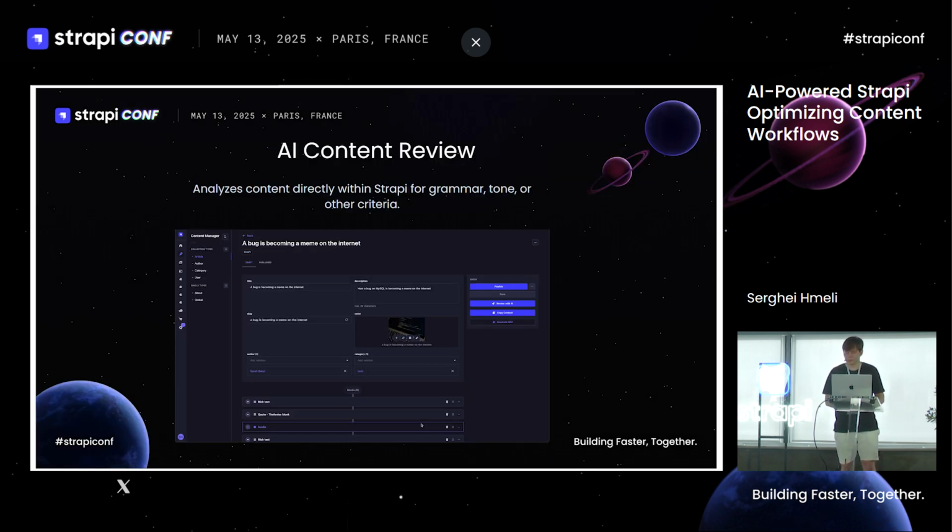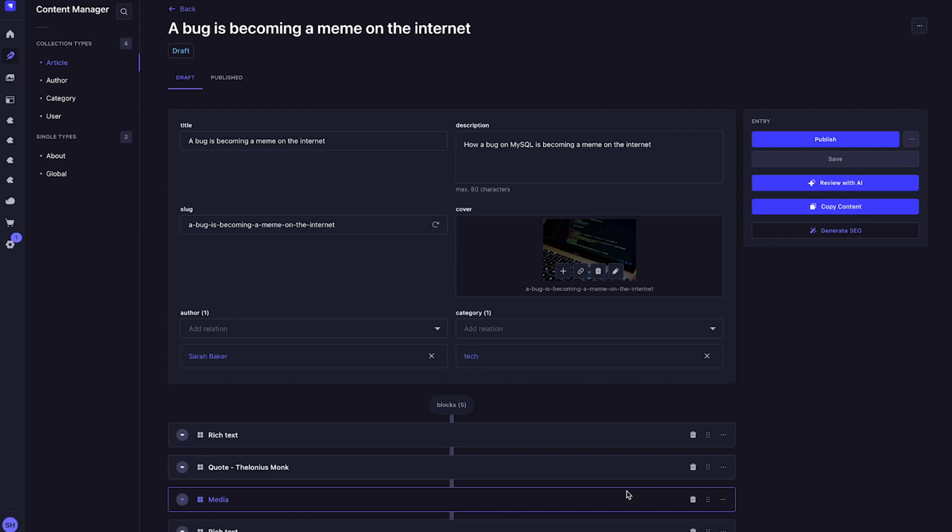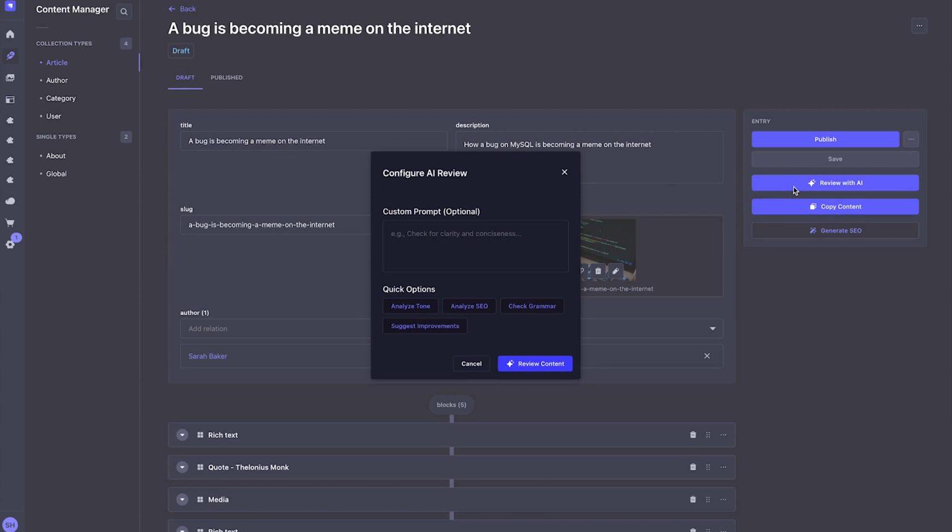The next plugin I've created is AI Content Review. It helps to analyze content directly within Strapi for grammar, tone, and other criteria. Basically, I've created a review with AI button here. When you click on it, it asks you to create a custom prompt if you want to, but if not, it already has some prompt for it. And it suggests some quick options, chips, that you can add as context to the AI model as well. After you click review content, it renders a markdown viewer